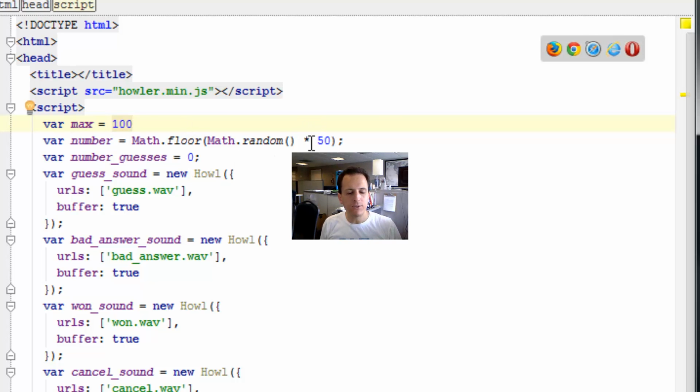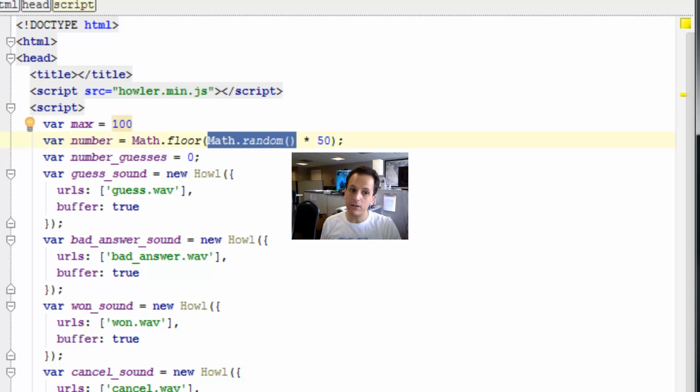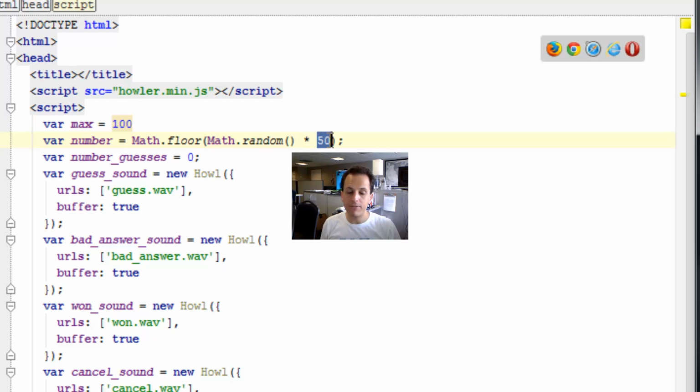Now the reason why it was 0 to 49 was because math.random is between 0 and 1, but not including 1. And you multiply that by 50, right? So it'll never be 50 because math.random is never 1, but it's just underneath that. So if we want a random number between 0 and 100, or whatever max turns out to be,